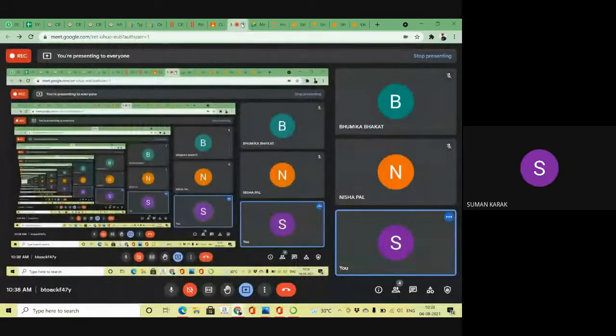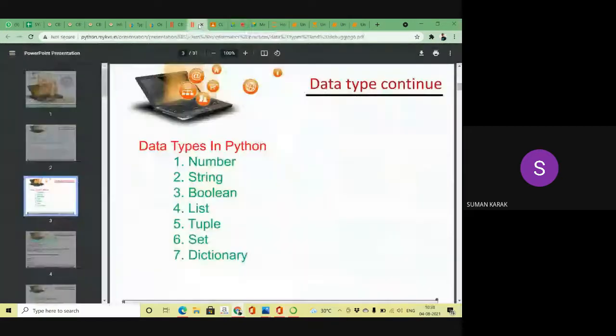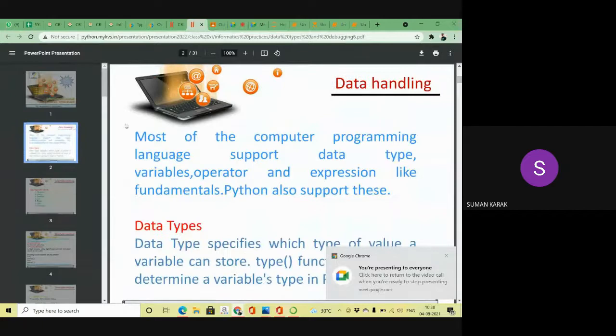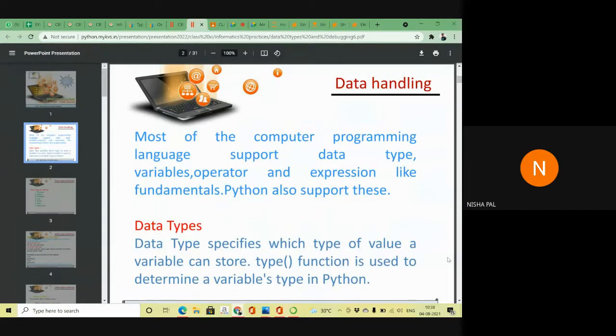Now coming to the next point, data handling. Did you see my computer screen? In this chapter we will learn about the different types of data which are used in my Python programs.